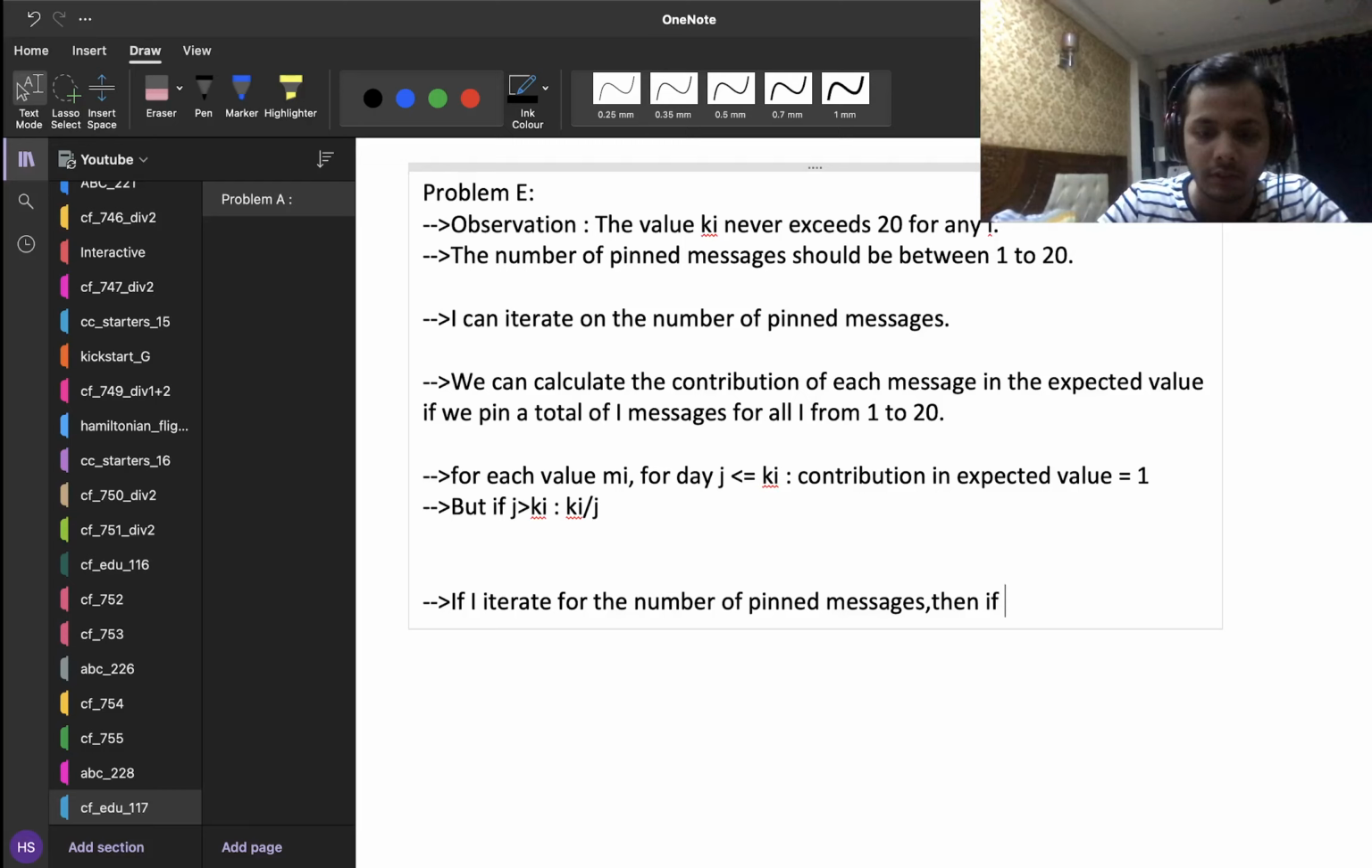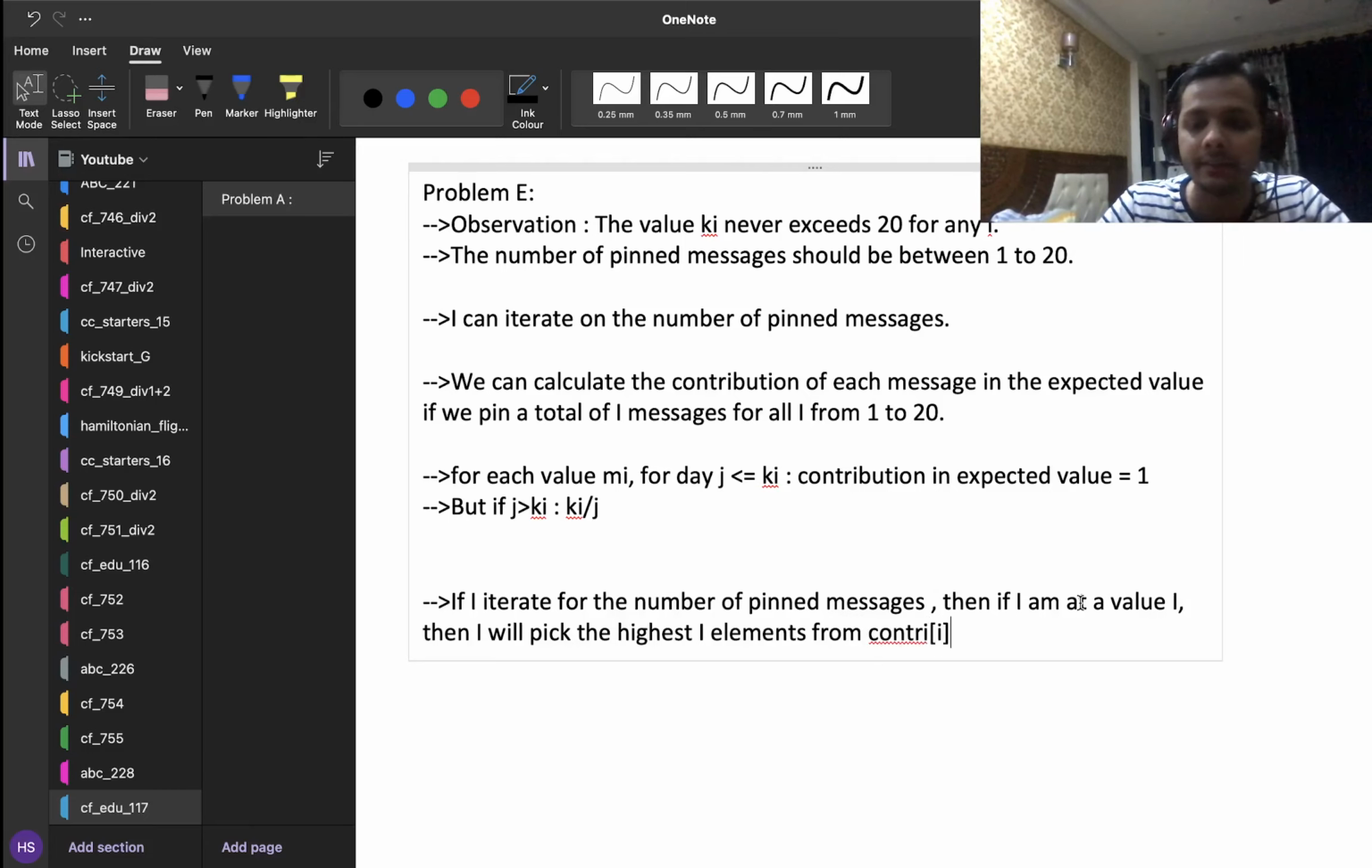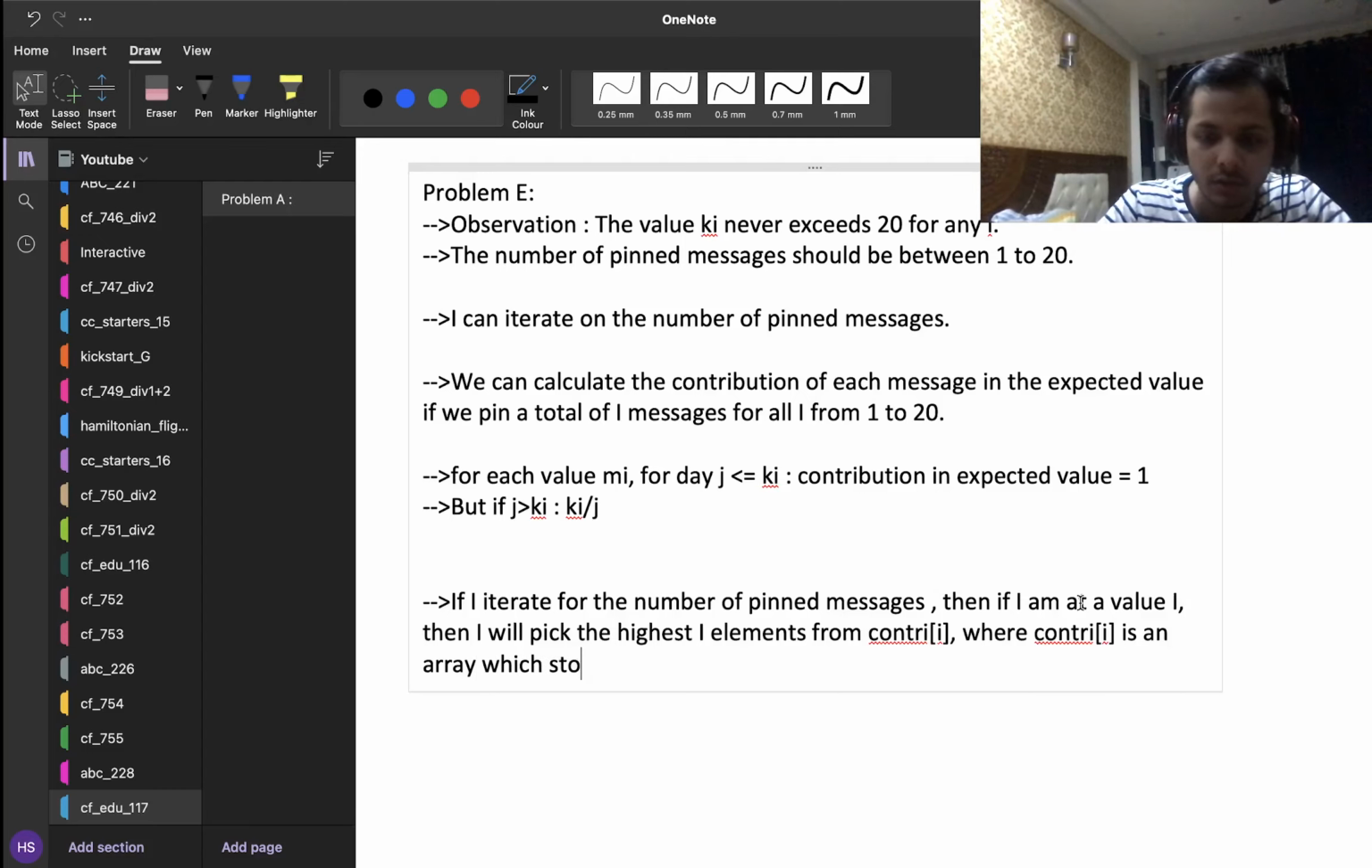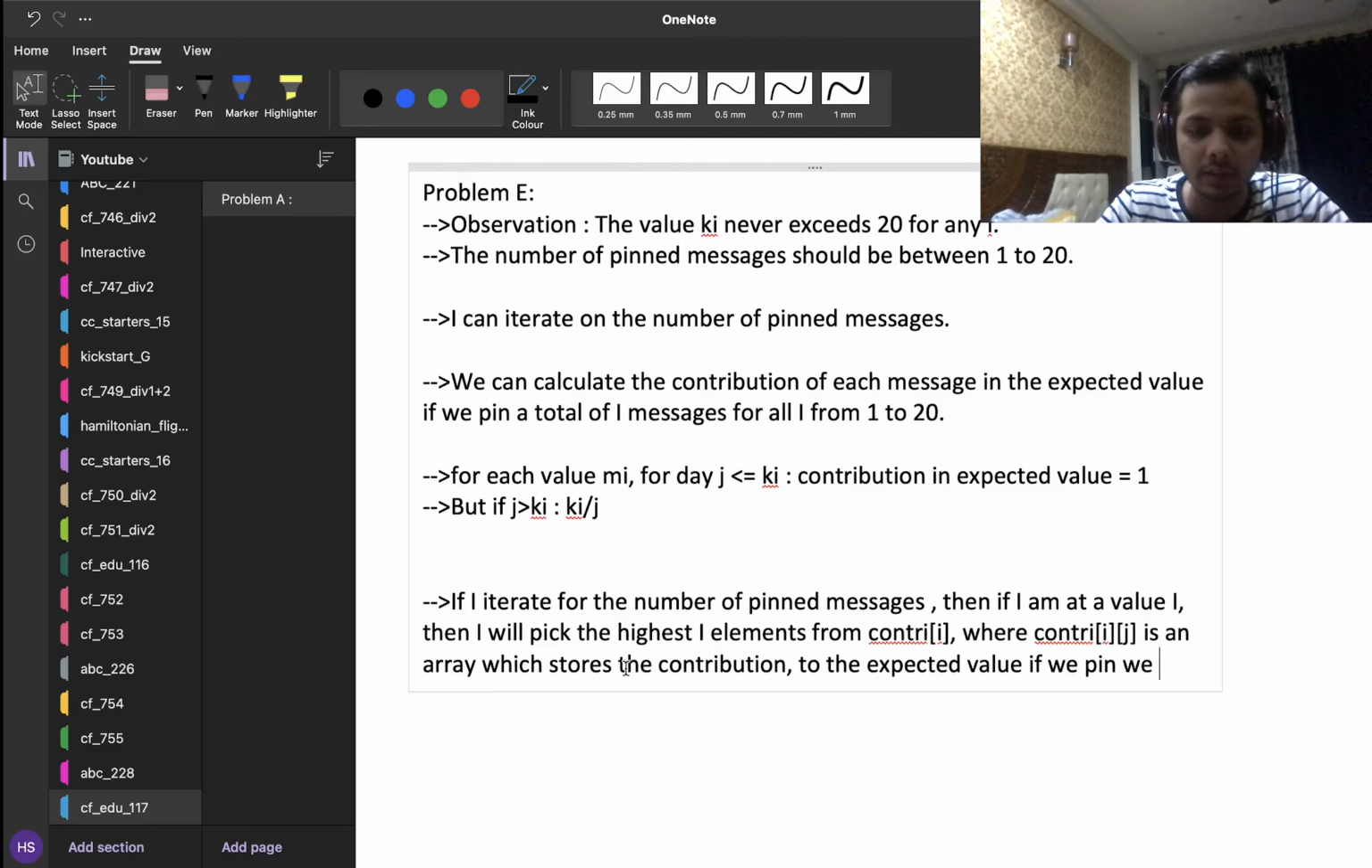then if I am at a value I, then I will pick the highest I elements from the contrary I array, where contrary I is an array which stores, so for example, contrary ij stores the contribution to the expected value if we pin I messages,